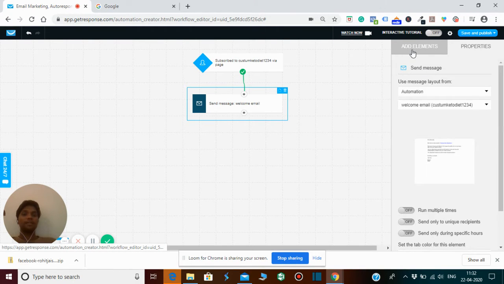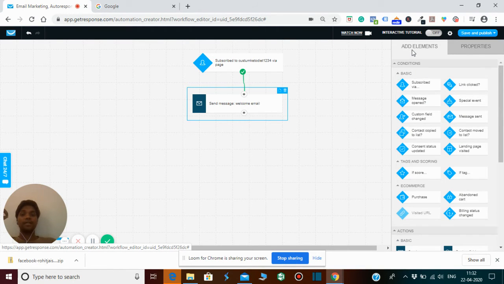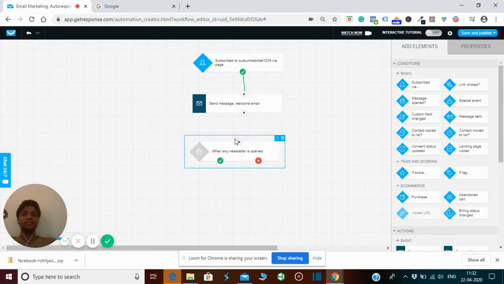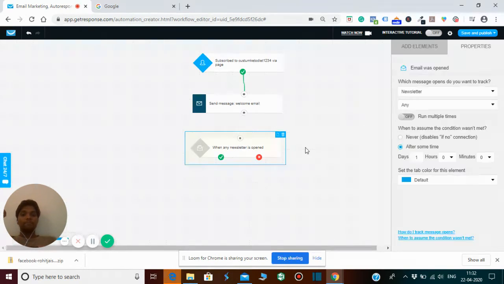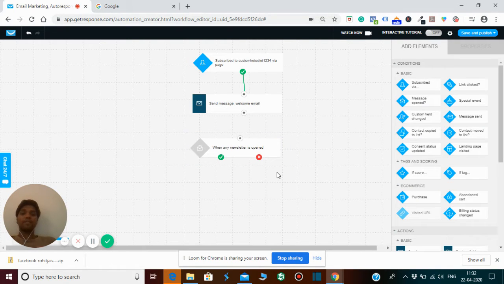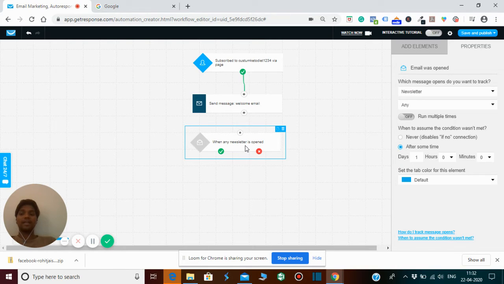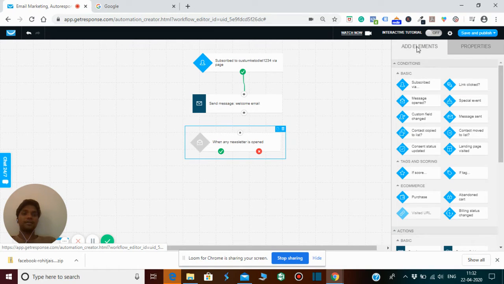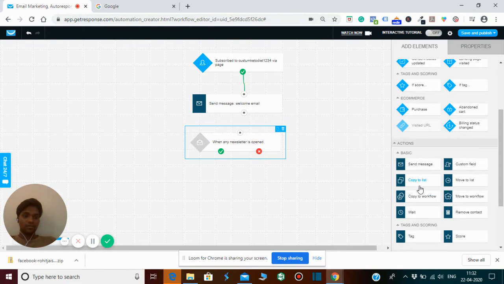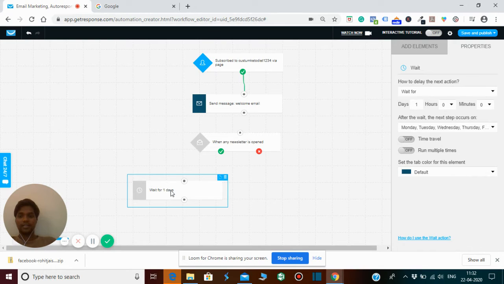For example, I will simply click on the message open link, in the basic. If somebody opens my mail, I will wait for one day and send another email. So I will simply click on add element and then click on wait, and here it says wait for one day.